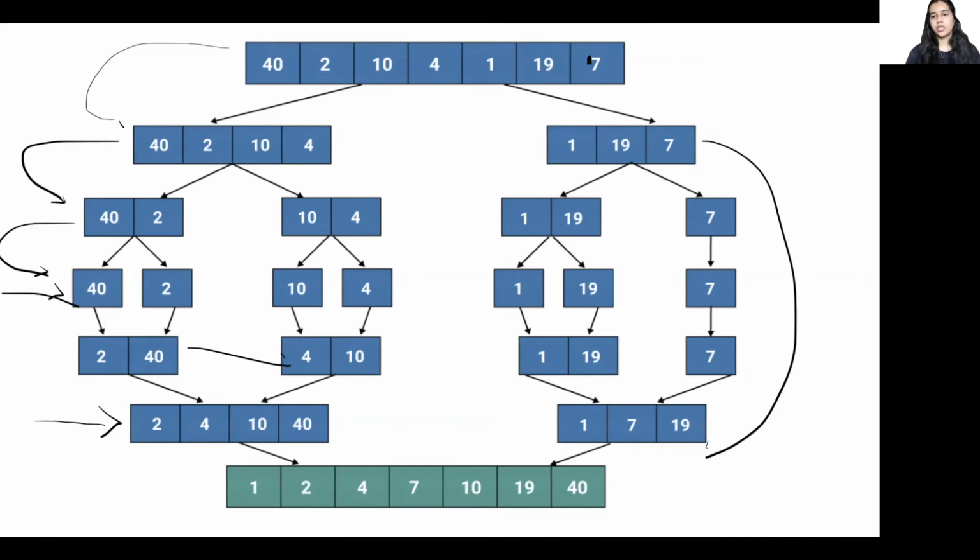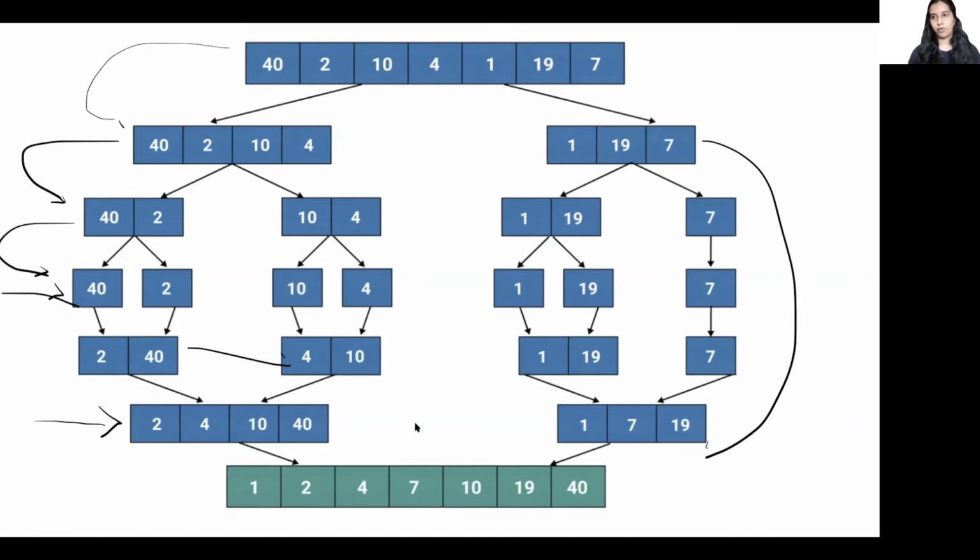So talking about the complexities of Mozart, as it reduces the number of comparisons required, the complexity is better than the other algorithms. The complexity of Mozart is reduced and it is theta of n log n. So it compares the n elements with half of the other elements and not with all of the other elements. So that is the true motive and the importance of learning Mozart, because the complexity is fairly less than the other sorting algorithms. Therefore, it is a stable algorithm and it is preferred in most of the cases.